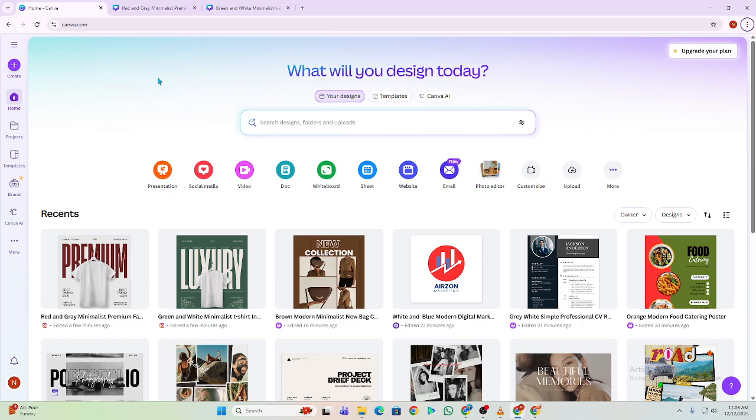Hey everyone, welcome back. In this quick guide, I'm going to show you how to add fonts in Canva in